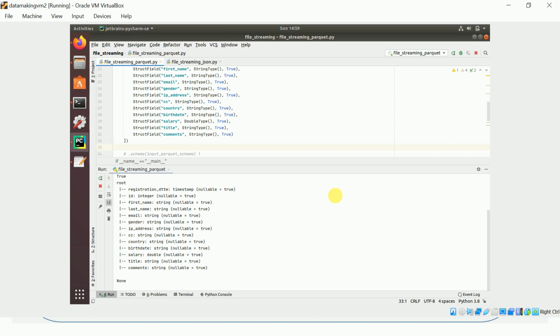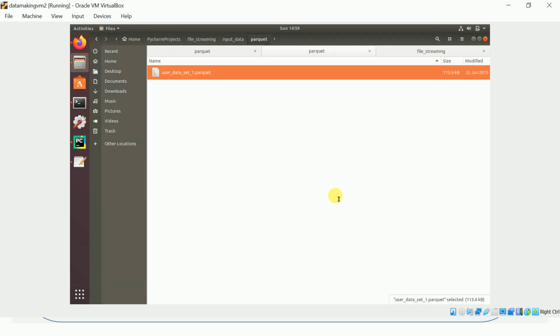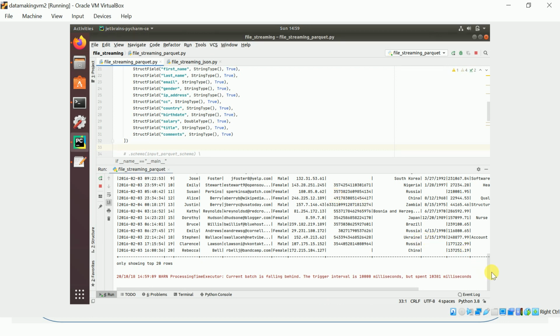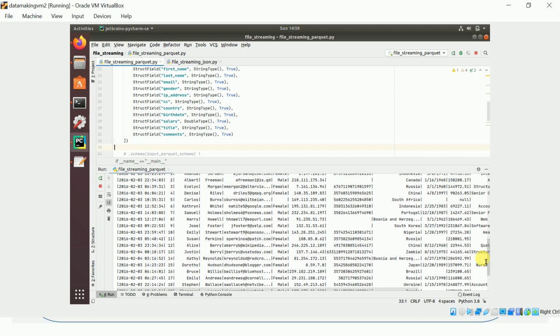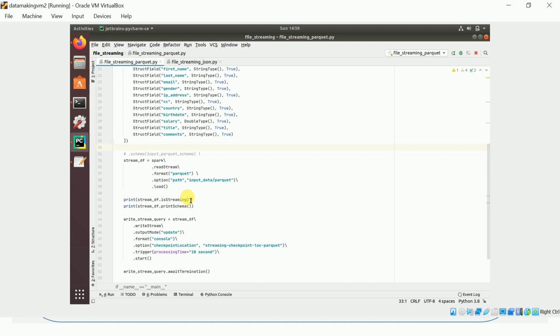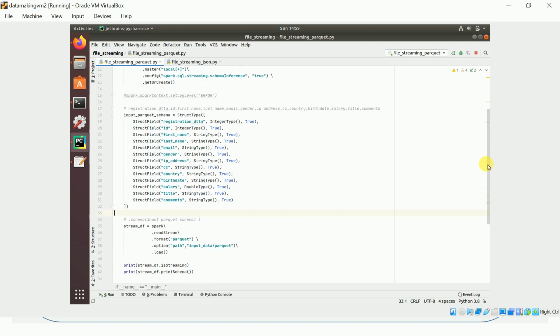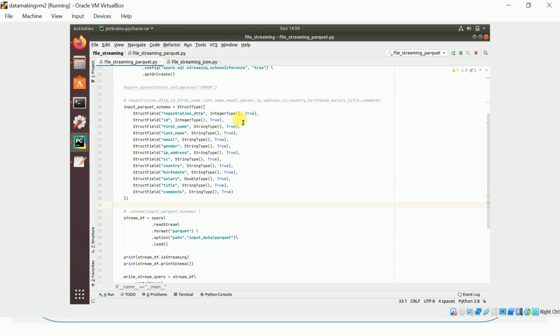I think we already pushed one file, right? It should process. Okay, yeah, it processed and it is showing the data. So we did not do any aggregate in this program, but it's able to consume the data, like read the Parquet data, and it is going to show. I will try to find out the solution to that typecasting problem. I will let you know.